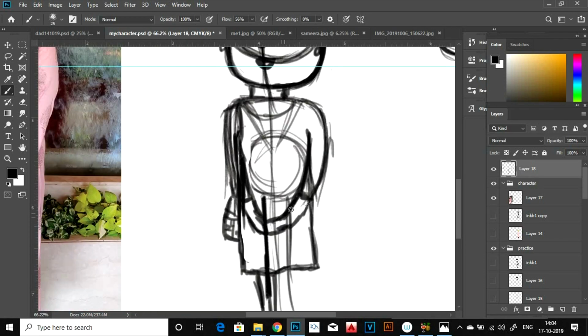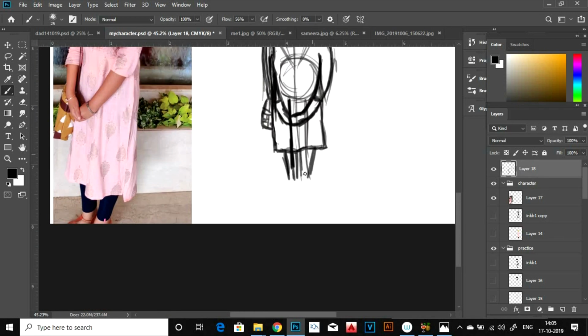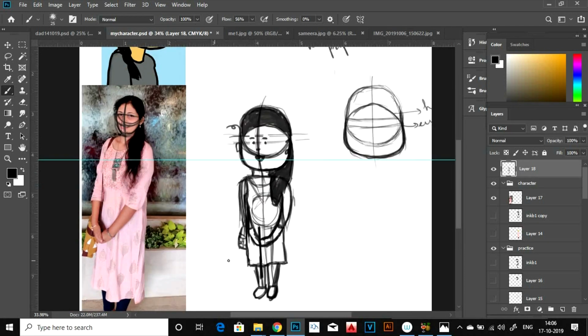So as you can see, I was undoing a lot of my steps and doing them again because I was not happy with the strokes. I was just pressing Ctrl Z if you're curious to know. And this particular cartoon is also very loosely done, although it took a lot of time to figure out the face, the proportions. There must have been about 2 to 2.5 hour work on how I came about with drawing